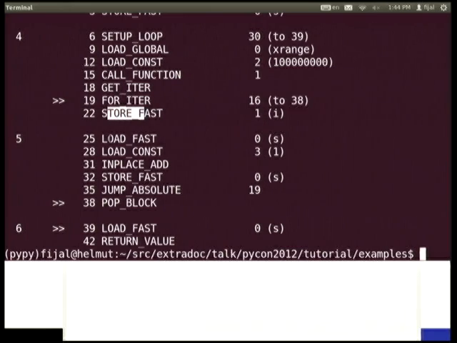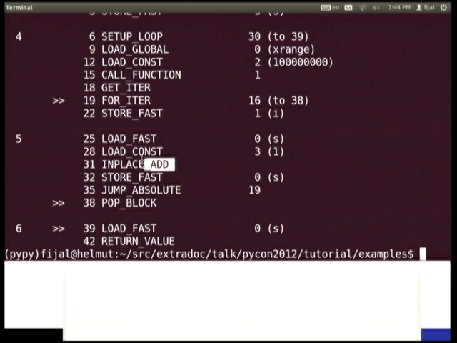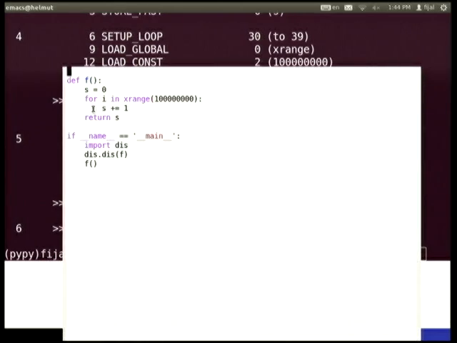It stores a variable i, loads the variable s, loads 1, adds in place, stores and jumps back to here. So if we look back, this is just those two lines, and not even full, because it doesn't contain the construction of xrange.